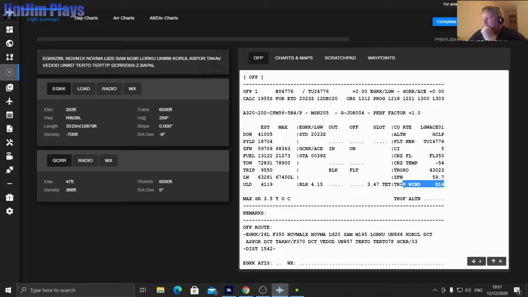Trip wind there. Zero fuel weight is there. Flight level 350 there. Cost index there. Yeah, and these are our weights here. Right, 59.7 is our zero fuel weight. So what we'll do is we'll try and get that when we put the fuel in the aircraft. We're going to put 13,122 in. We'll try and get the zero fuel weight up to that, which will match the amount of passengers and things we got. Okay, well, without any further ado,